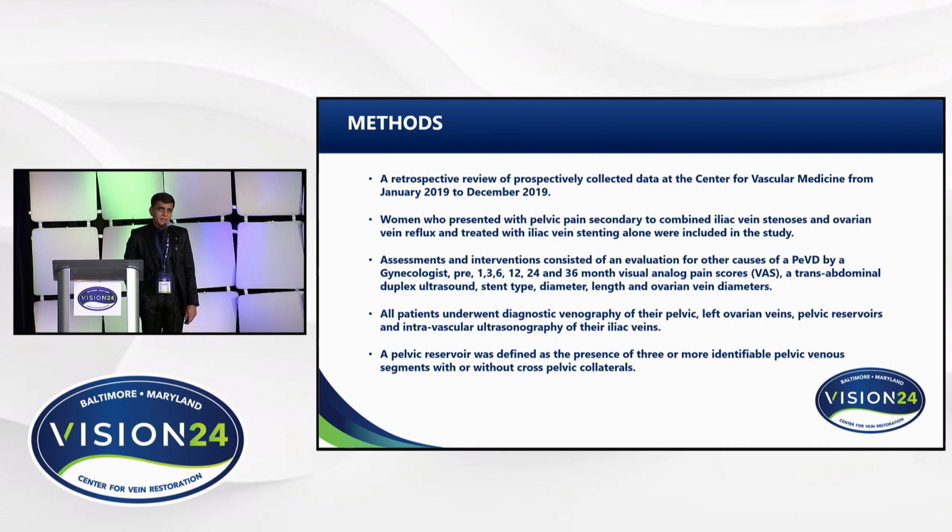Everybody had a gynecologic evaluation to rule out any GYN disorders. Pre-procedure, 1 month, 3 month, 6 month, 12 month, 24 month, and 36 month visual analog pain scores were recorded. A transabdominal duplex ultrasound was performed prior to the index procedure and at every subsequent visit. And the stent types, diameters, and lengths of the stents used were recorded, and ovarian vein diameters